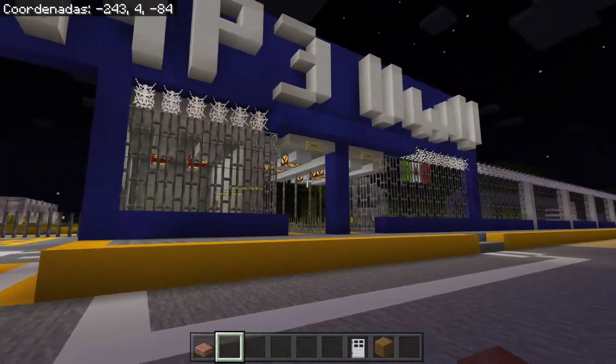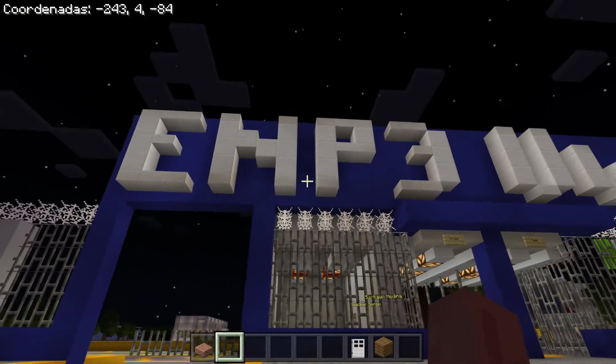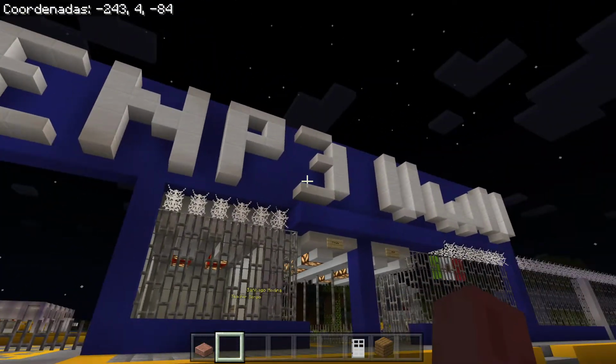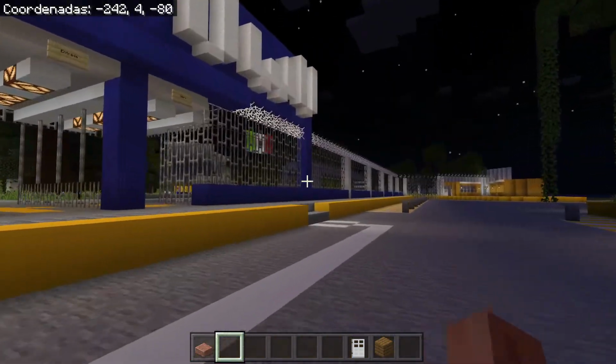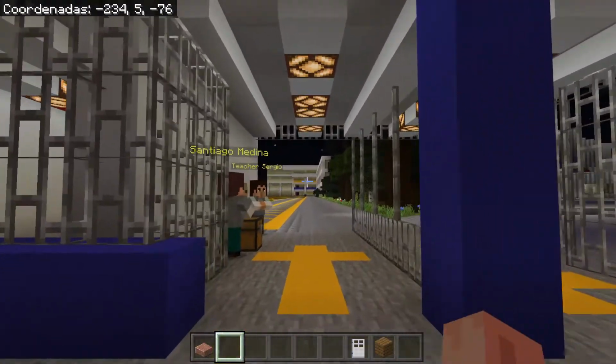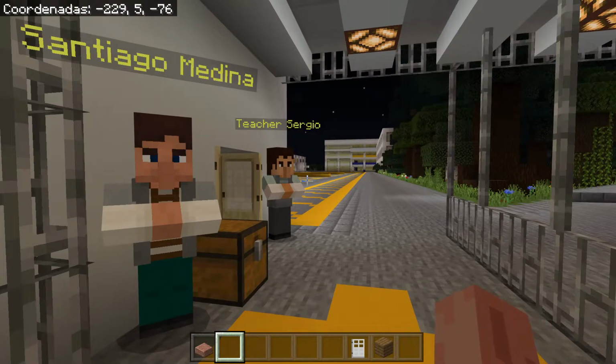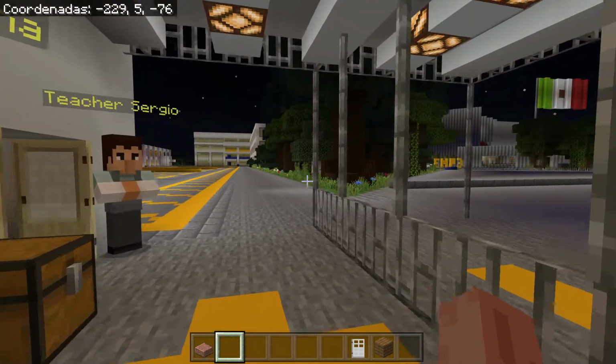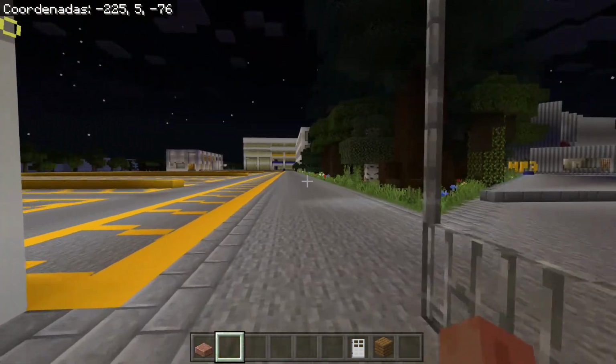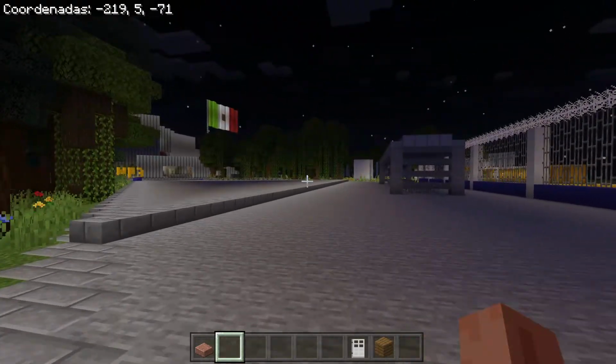And then as I head to the entrance, you can see it says EMP3, Escuela Nacional Preparatoria 3. And then if I go to the entrance, there is Santiago, and there I am too. And I'm going to show you around what this place has to offer.